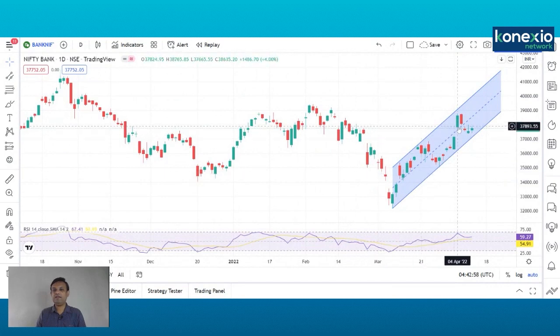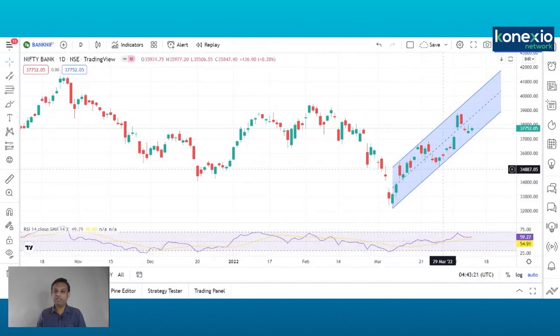So as I said, we were expecting a cool off and then a rally, but on Monday we have seen that it was a very big candle. Then for Tuesday, Wednesday, and Thursday, Bank Nifty consolidated, and on Friday it showed some sort of strength from the lower levels. Looking at this RSI, it is in a comfort zone. It is with positive signals.